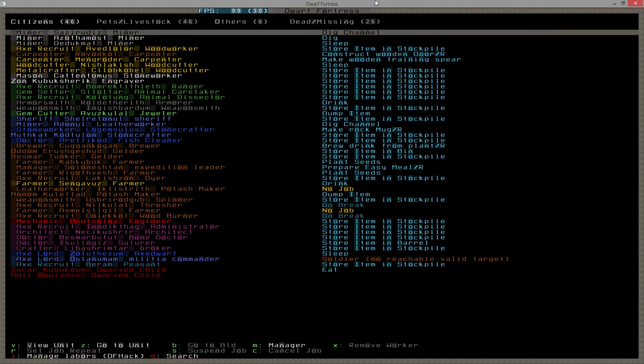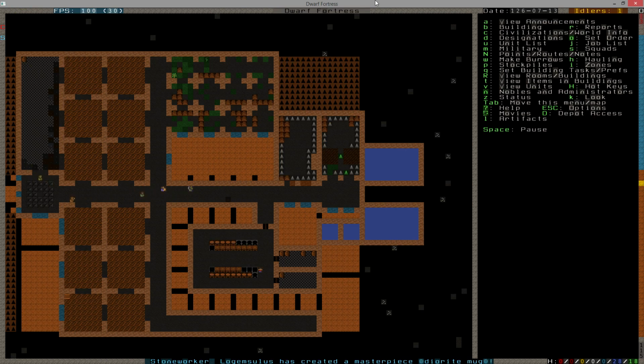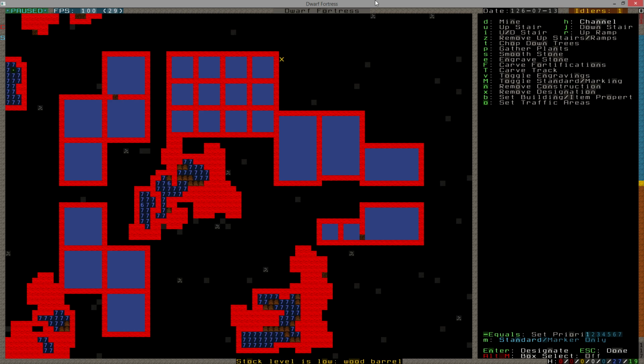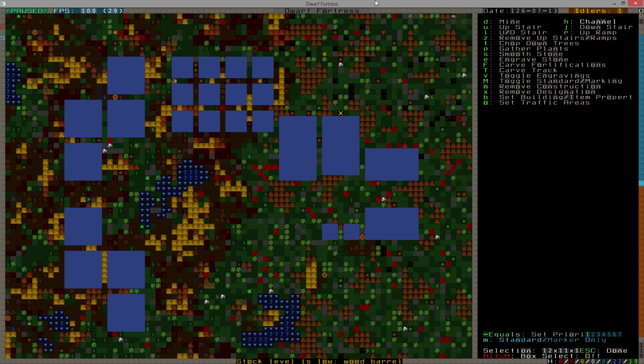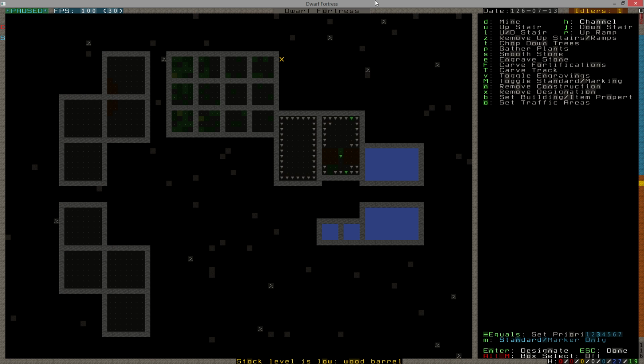A farmer is interrupted by a badger sow, but my military just hasn't gotten around to killing them all yet. But that's fine, they're on it. Okay, and then the last one that needs to be done is up here. And I'm going to go priority 1 for the top level. Then priority 2 for the next level. Which is here, right? Yep. And priority 3